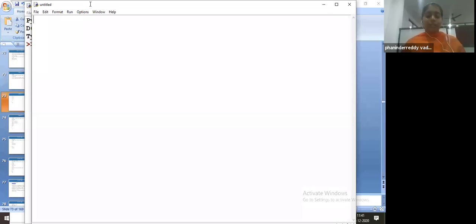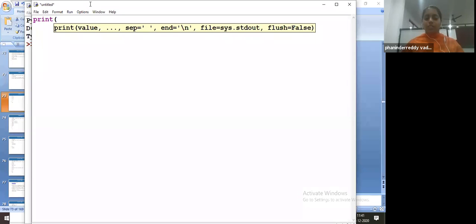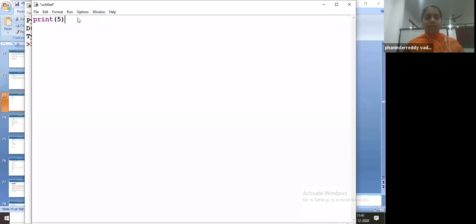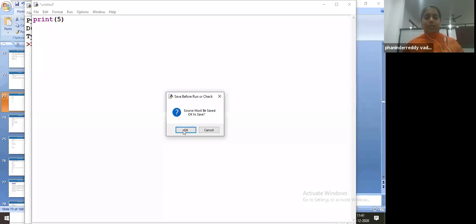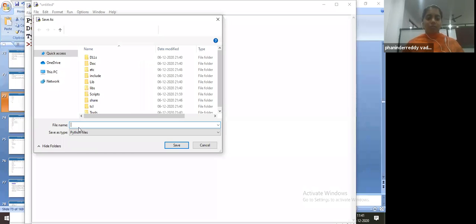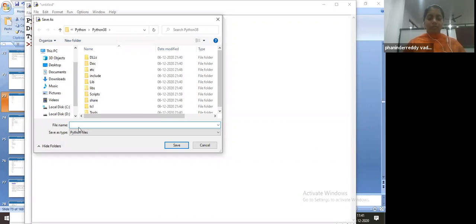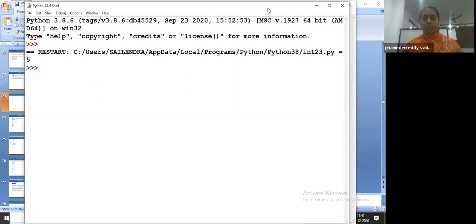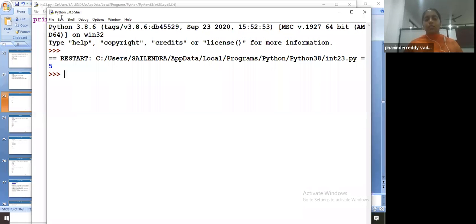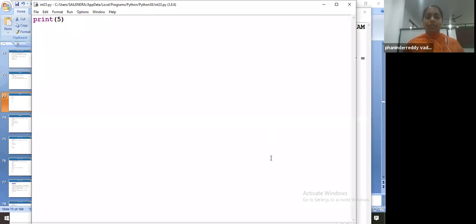Yesterday I explained only the print file. Yesterday up to this I told you. Okay, we will run the program, run module. We'll run this. I saved this program. Directly I print here only 5, and here directly I wanted to print